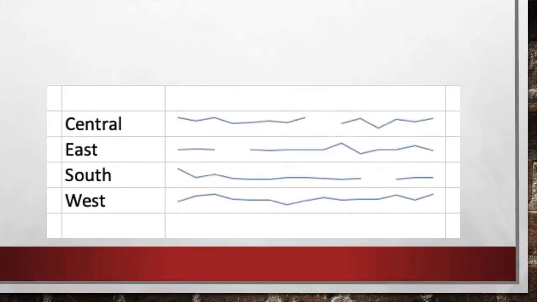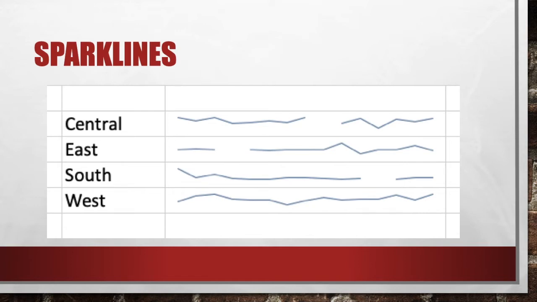What are these? These are called sparklines. So basically, if I look just here, it shows me regions Central, East, South, West. And if I say these are the profit numbers, I can say that this is going in the same range and there is a high, but there is a gap. That means in the Central region, this time no sales have been made. And then it has gone up and very low down. Same we can make an analysis for South, that the sales have been in the same range only and there has been a big gap here.